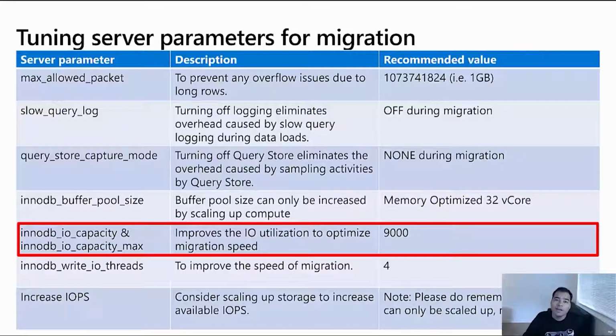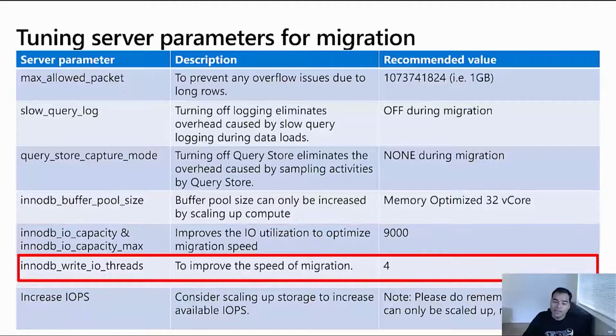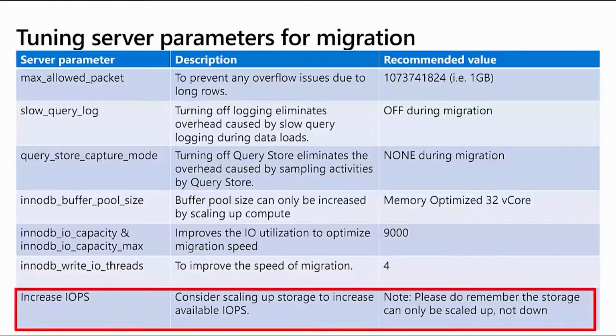These two parameters improve the IO utilization to optimize migration speed, and we recommend to set the value of these two parameters to 9,000. The other parameter is InnoDB write IO threads. This parameter also increases the speed of the migration, and we recommend to set the value of this parameter to 4. The last parameter, or I would say this is not a parameter, the last recommendation basically is to increase